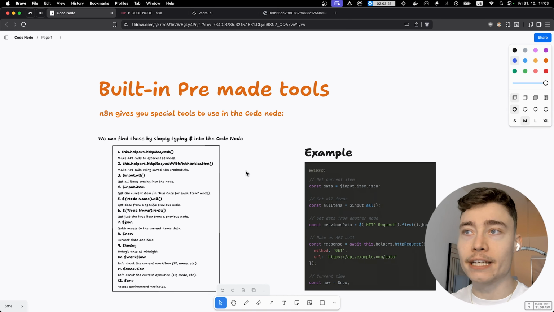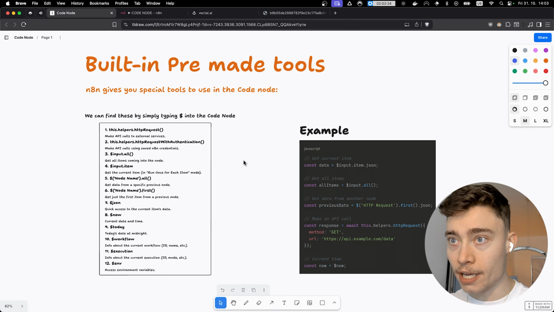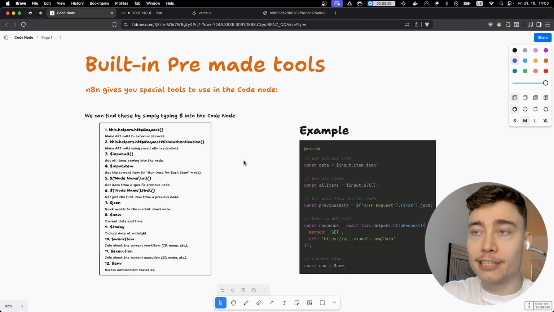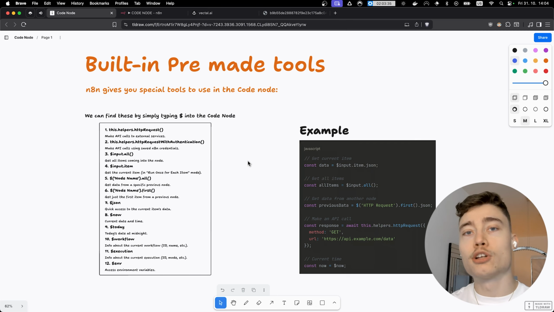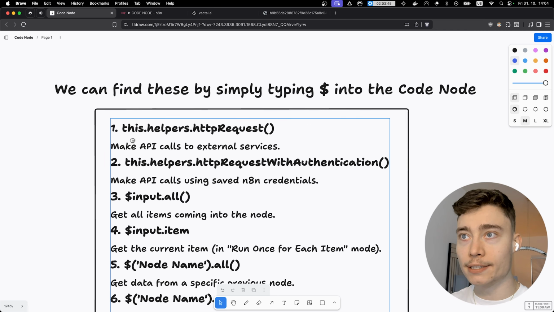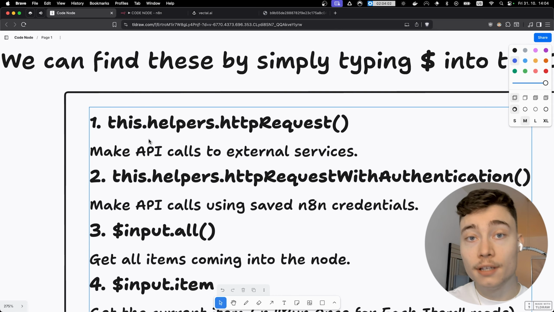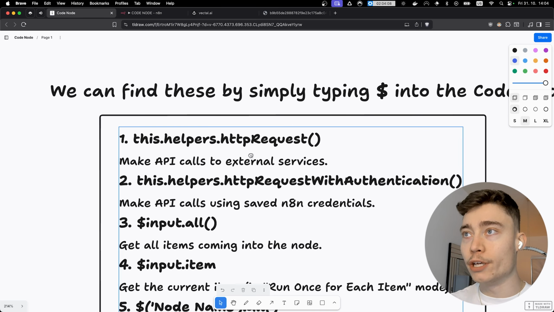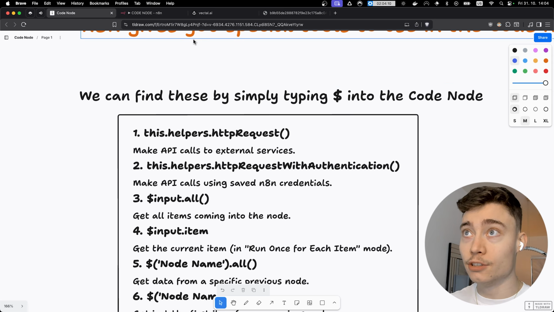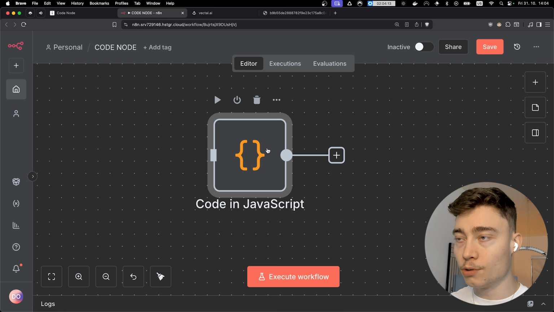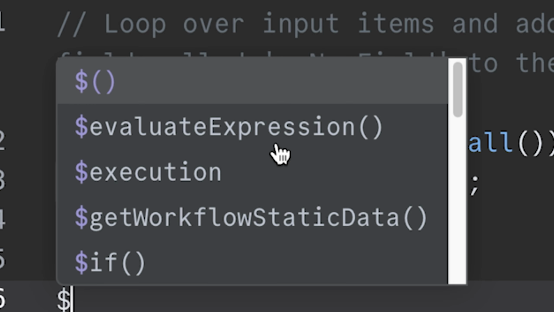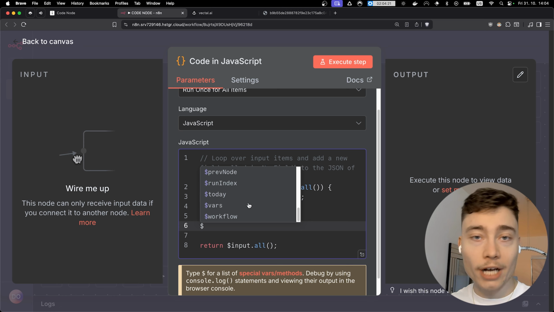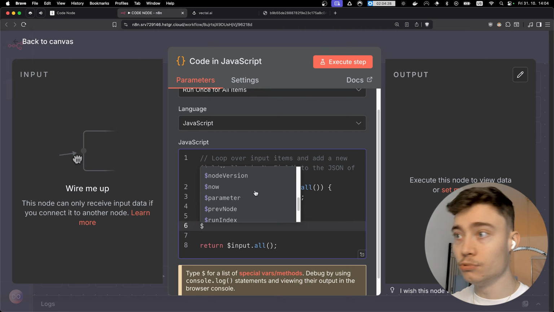In fact, N8N gives us a lot of predefined tools and functions and methods that can simplify working with the code node. So let's look at the most useful. First one is this.helpers.httpRequest. This allows you to make API calls to external services inside of the code node. And by the way, you can find all of these just by typing $. So we go back into N8N, we open up the code node, boom, $, you can see this suggestion, right? So N8N proactively shows you what are the pre-built methods or variables that you can use